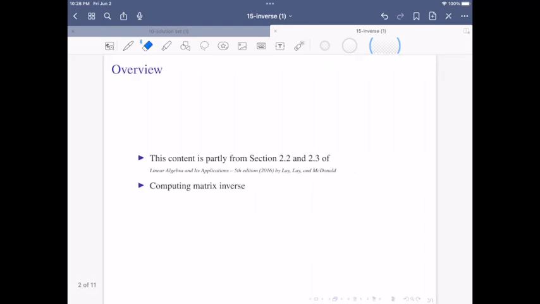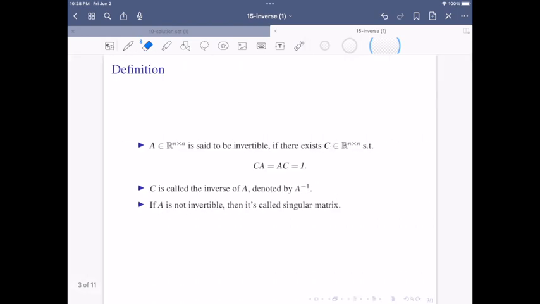Inverse. This part is from section 2.2 and 2.3. It's about computing matrix inverse. Let's first look at the definition. So we're going to define, given a matrix A, what is invertibility and what is inverse of A. So first look at something we